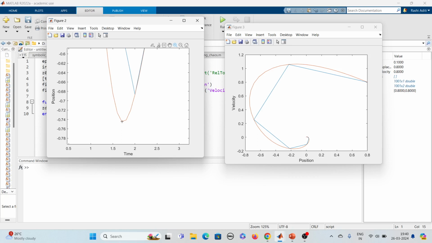It is of a significant amount. For 0.7, 0.06 is a significant amount. Almost it is 10%, isn't it? It is showing 10% variation in whatever the maximum position it is attaining in the negative direction. So definitely it is very important how we choose the